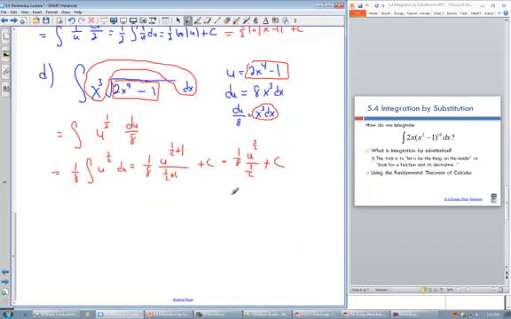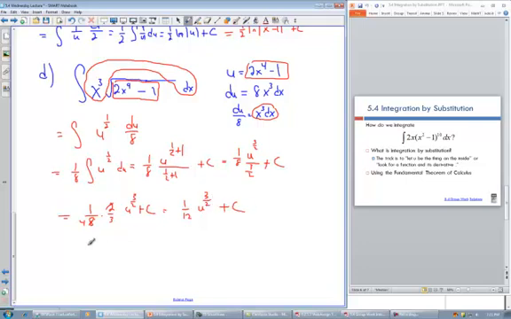Now I'm going to divide by a fraction, so I multiply by the reciprocal. So this is going to be equal to 1/8 times 2/3 u to the 3/2 plus c, and I can simplify this a little bit. The 2's will cancel here, so I get 4, and this is going to be 1/12, 4 times 3, u to the 3/2